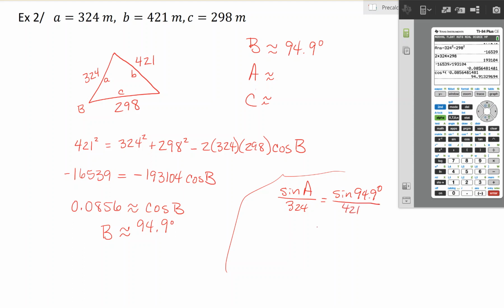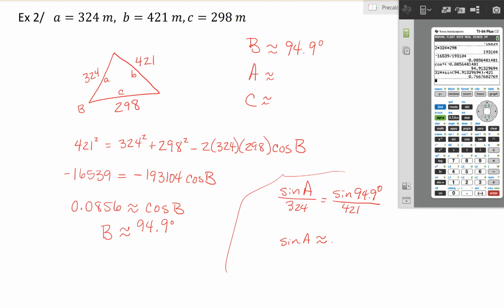I'm going to multiply both sides by 324. So sine of A is approximately 324 times the sine of 94.9, and divide it by 421,